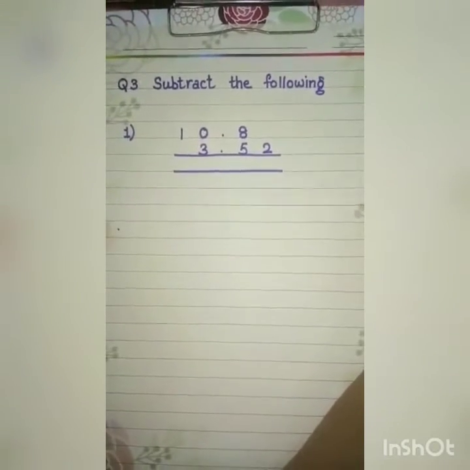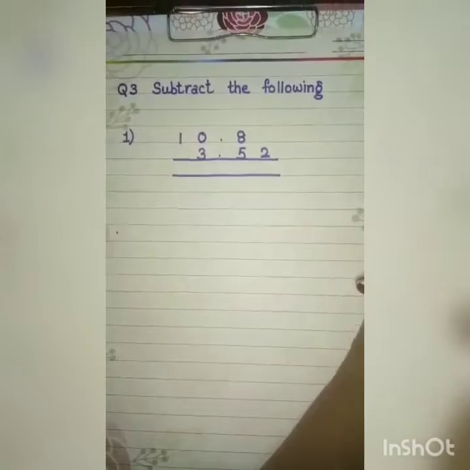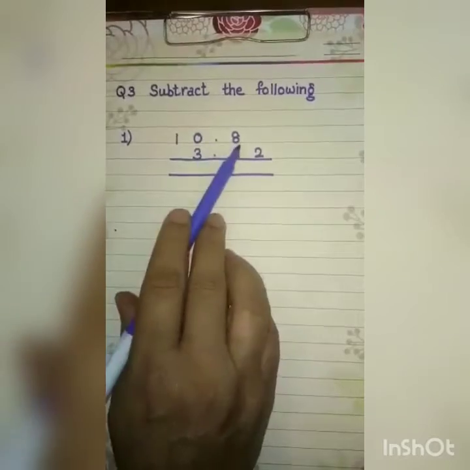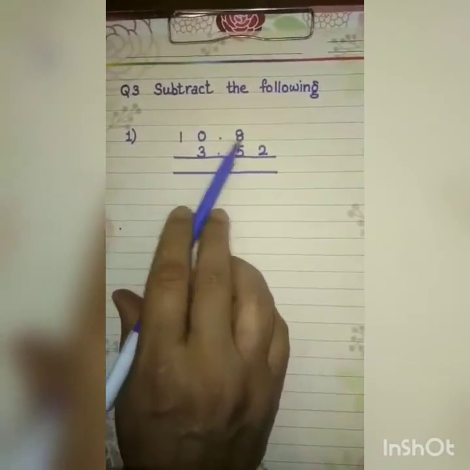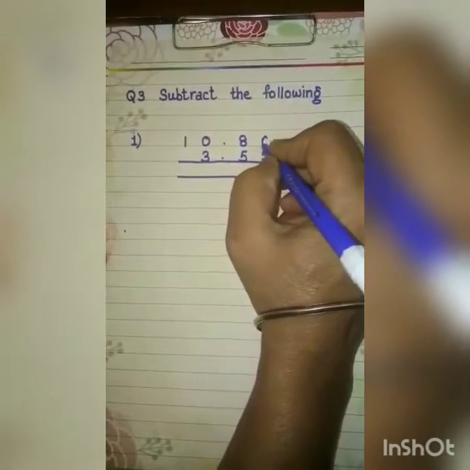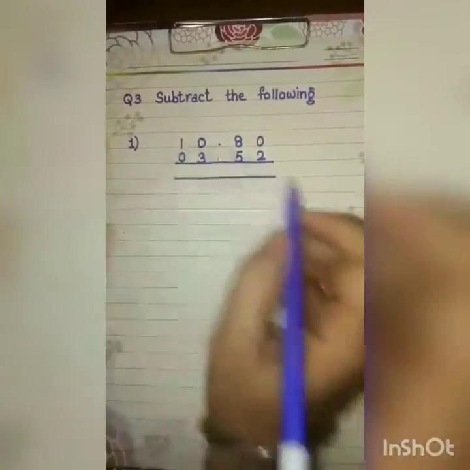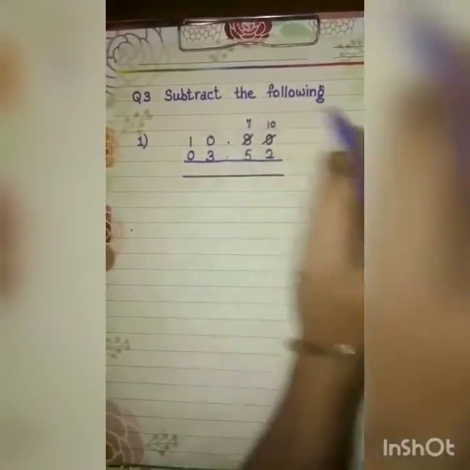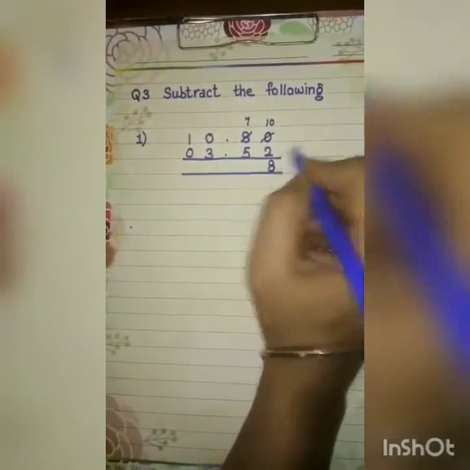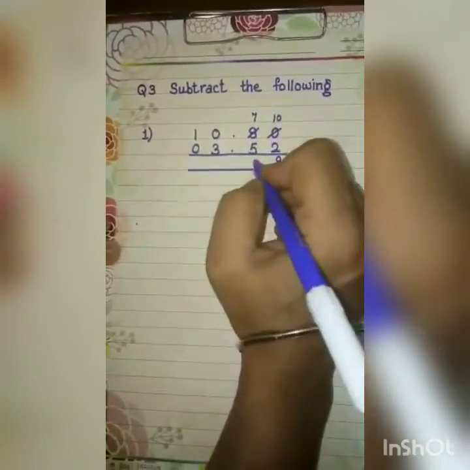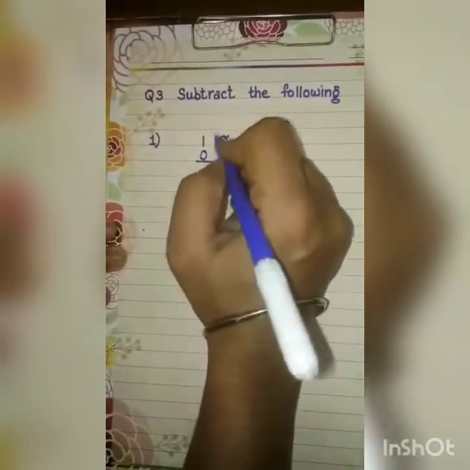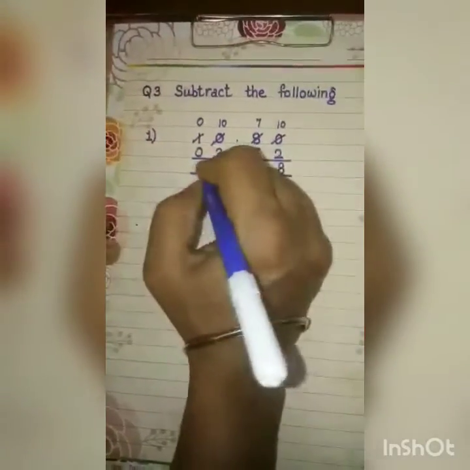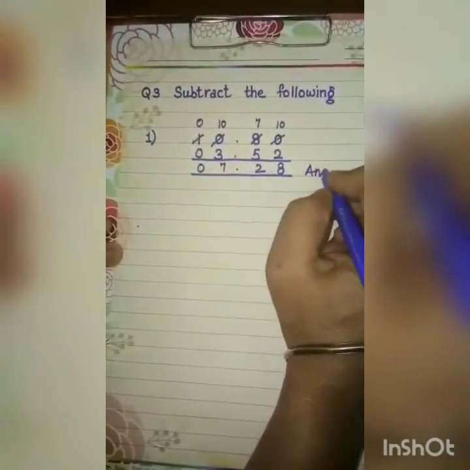Now we are going to do subtraction of decimal numbers in the same manner as we did the addition. Here the sum is already written, 10.8 minus 3.52. Now again you have to make it first the like decimal. So when we are making it like, we are just putting zeros. Now here, as you all must be knowing how subtraction has to be done, so just solve it. 10 minus 2 is 8, 7 minus 5 is 2, and here it is 0, so it becomes 10 and here it becomes 0. So you can get the answer, and this is the answer.